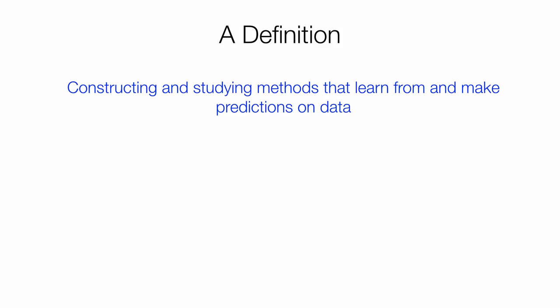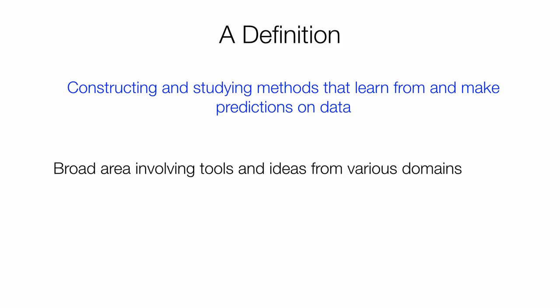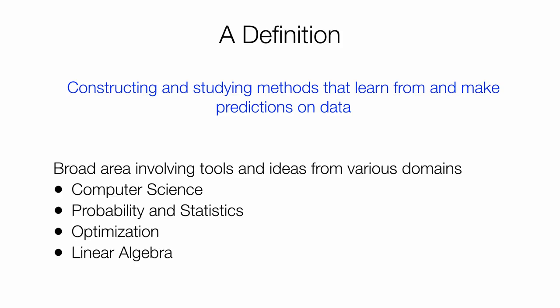In this segment, we'll talk about what machine learning is at a high level, providing a definition, describing common examples of machine learning, introducing terminology we'll be using throughout the course, and defining the two learning settings that we'll be studying. So let's start with a definition of machine learning. It's a wide-ranging field and can be roughly defined as constructing and studying methods that learn from and make predictions on data. This broad area involves tools and ideas from various domains, including computer science, probability and statistics, optimization, and